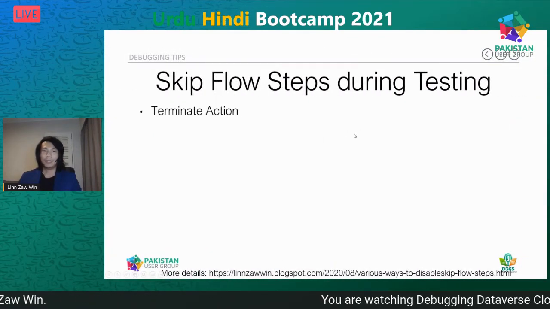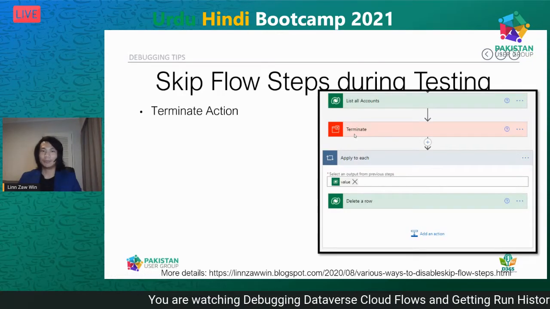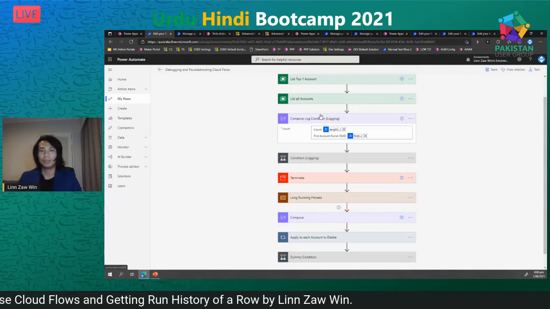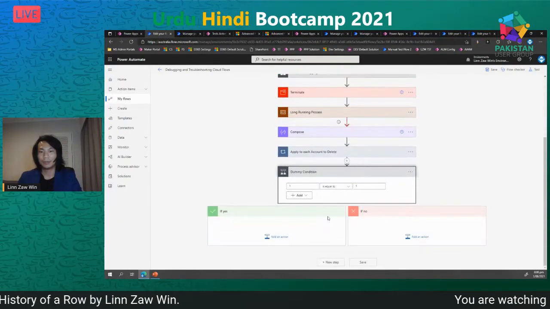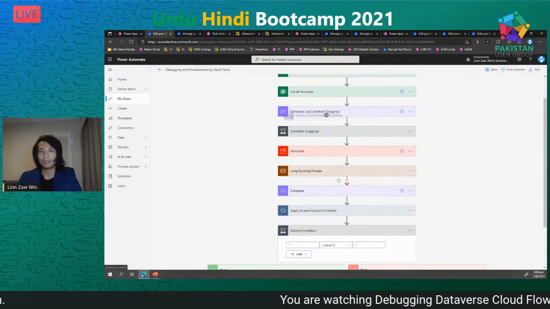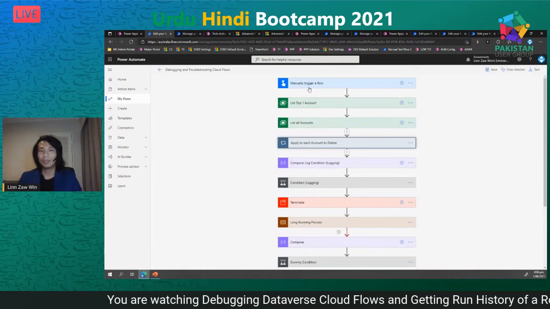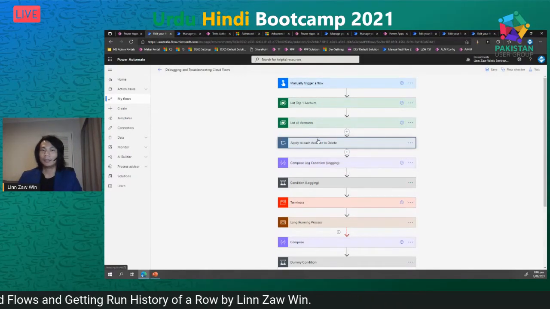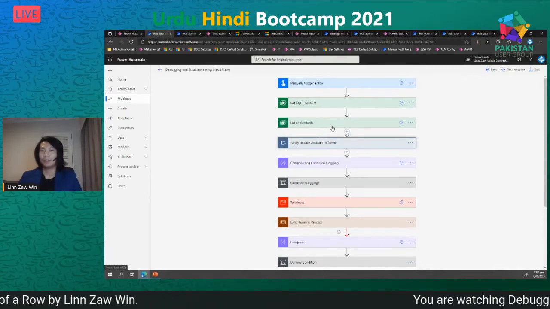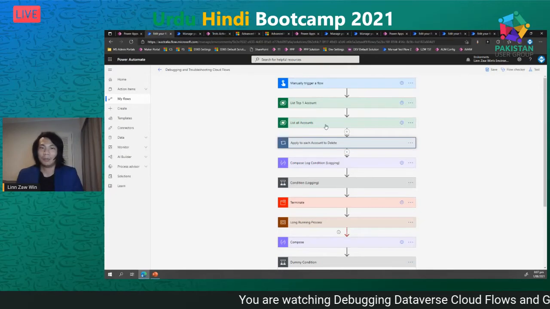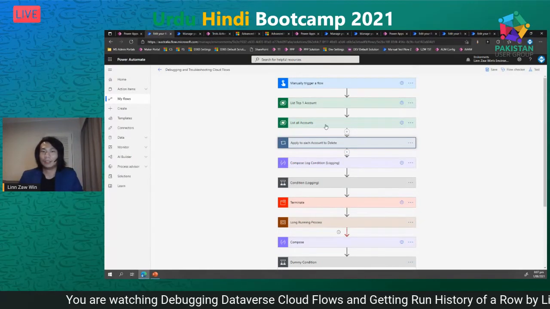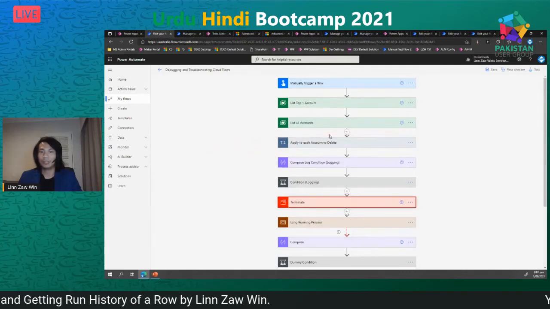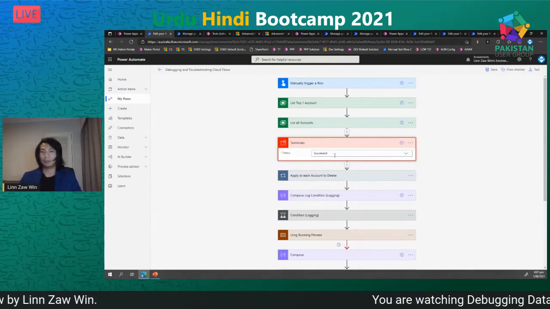And another one is my favorite, which I use a lot as I develop flows. Imagine you have these kinds of steps. Let's say we have this flow: we will list all accounts, then delete, and then do the rest. We want to make sure that the list step returns all data, because once you delete it, you'll have to recreate all this data. So we just want to make sure the first few steps are correct before we move on to the next steps. In that case, I put a Terminate step with the Succeeded status,